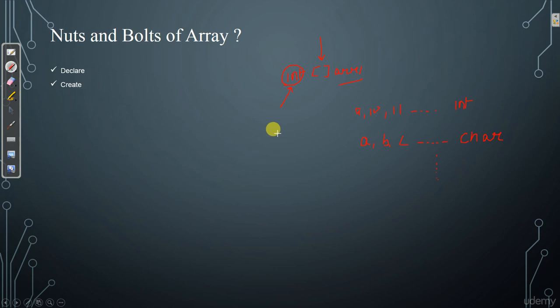Now the next part is create or creation of an array. Now, if we want system to create and allocate some memory for our array, which is ARR1, then we write it this way: